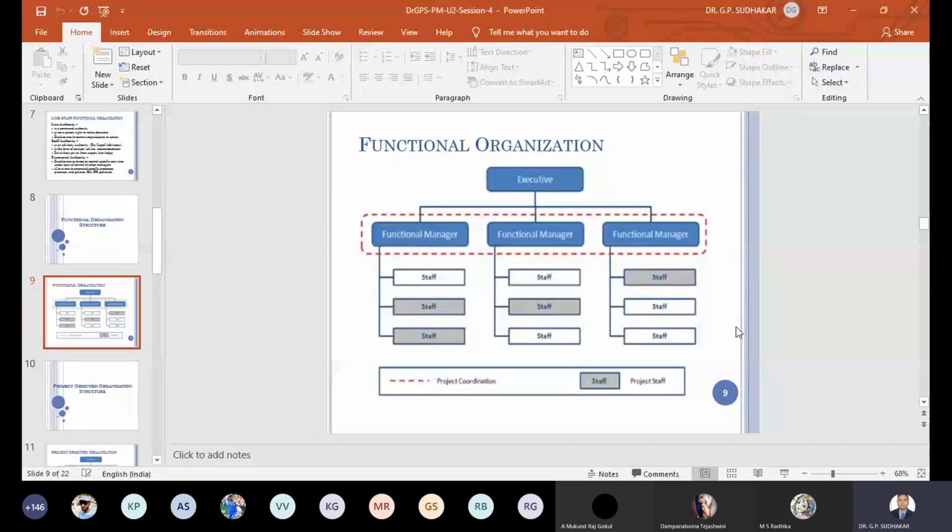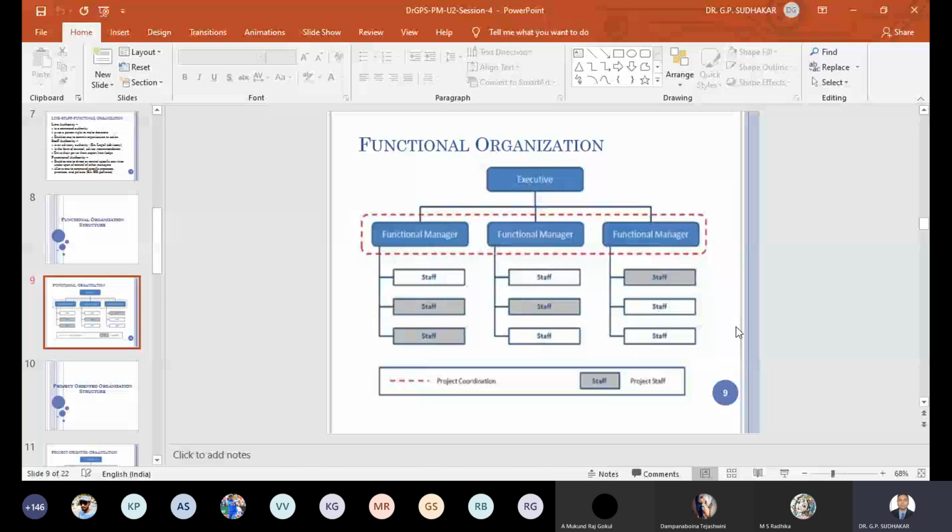He will be designated as a project coordinator or project expediter or project leader. There won't be anybody designated as project manager, and the authority of that project coordinator or expediter is very minimal, or no authority, whereas the functional manager will have the complete authority over the resources and the